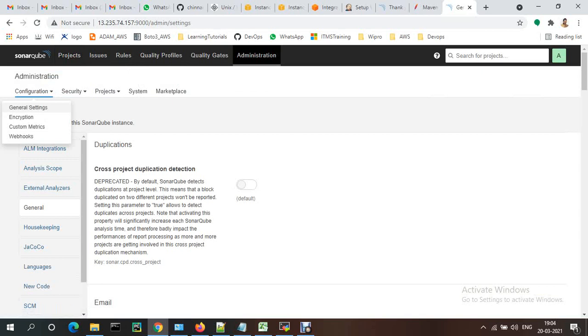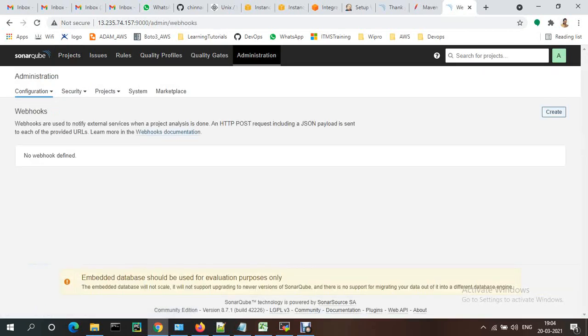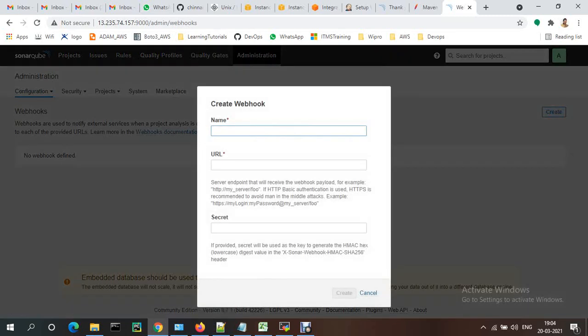See, under administration, configuration, webhooks. So we are creating a webhook here, Jenkins SonarQube webhook.